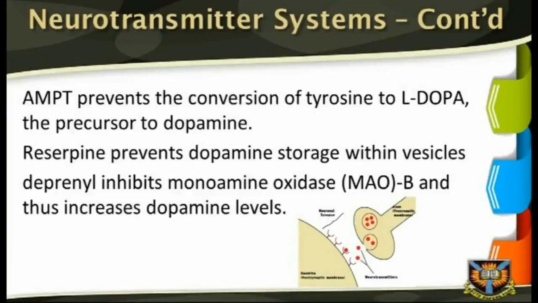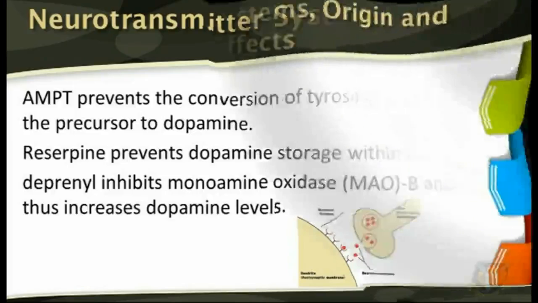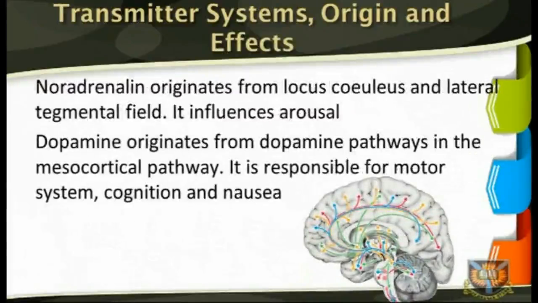Diseases may affect specific neurotransmitter systems. For example, Parkinson's disease is at least in part related to failure of dopaminergic action in deep brain nuclei, for example, the substantia nigra. Treatment potentiating the effect of dopamine precursors have been proposed and effected with moderate success. Transmitter systems, origin and effects.